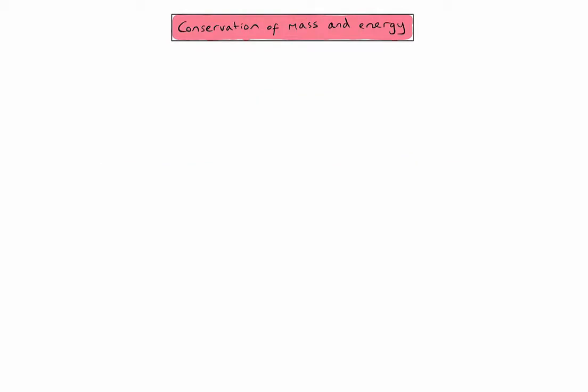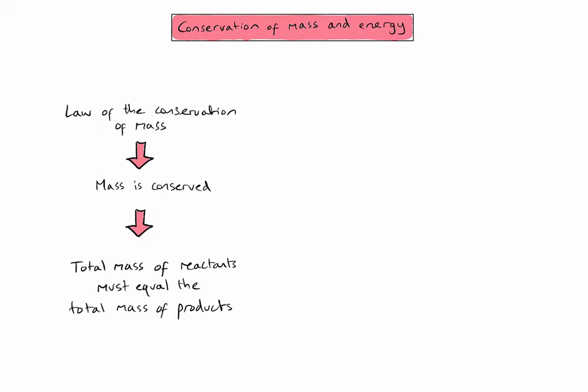Firstly, the law of the conservation of mass states that mass is conserved during a chemical reaction. And this means that the total mass of reactants must equal the total mass of products during a chemical reaction. Secondly, the law of the conservation of energy states that energy is conserved during a chemical reaction. And this means that the total energy in the universe is the same before and after a chemical